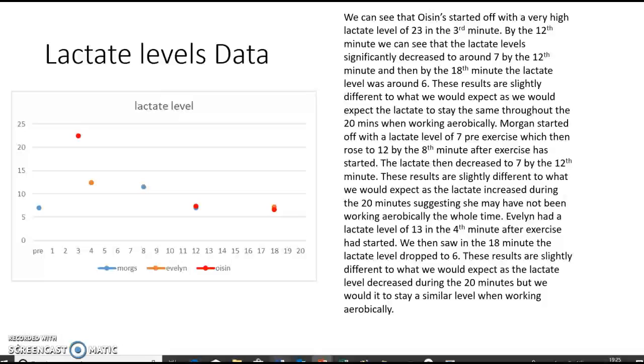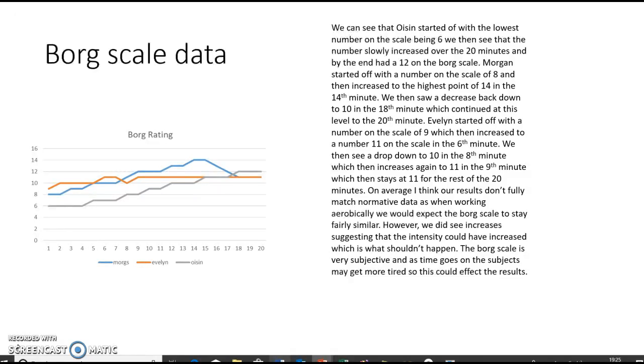Evelyn had a lactate level of 13 in the 4th minute. After exercise started, we then saw in the 18th minute it dropped to 6. These results are slightly different to what we would expect, as the lactate level decreased during the 20 minutes, where it should stay at a similar level. For the Borg scale, we can see Osheen started off with the lowest number being 6,